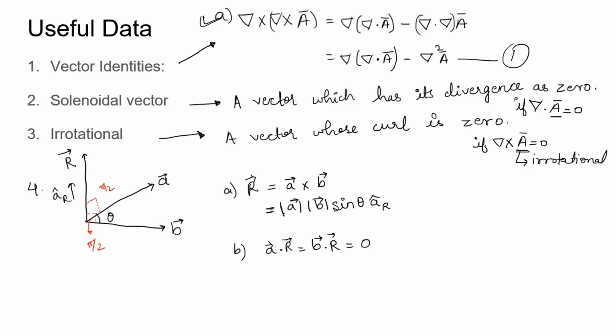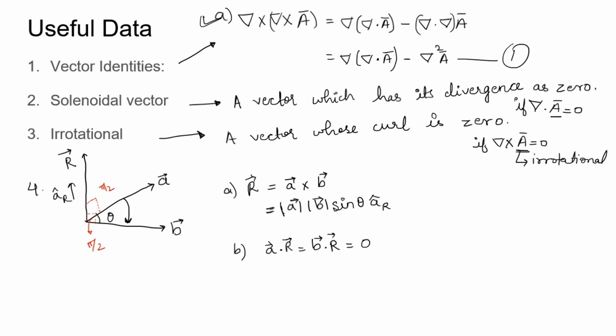Another important thing which we need to keep in mind is that if, let's say, we are taking the cross product of any two vectors, say A and B. So what will be the resultant vector? We have to curl our fingers from the right hand in the direction from A to B, meaning this way. So if you curl your fingers from A to B, then the direction of the thumb will give you the direction of the resultant vector.